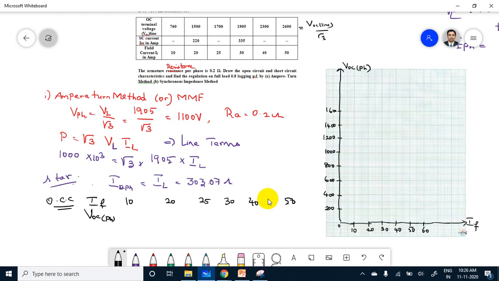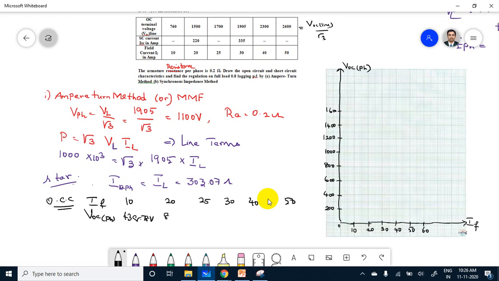How much was it, 760? What is the value? 760 divided by root 3 is 438.78 volt. For 1500 divided by root 3,